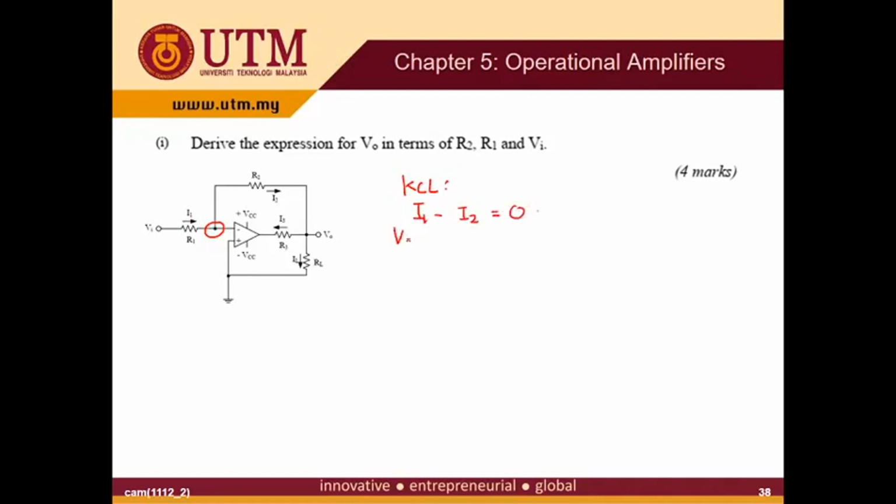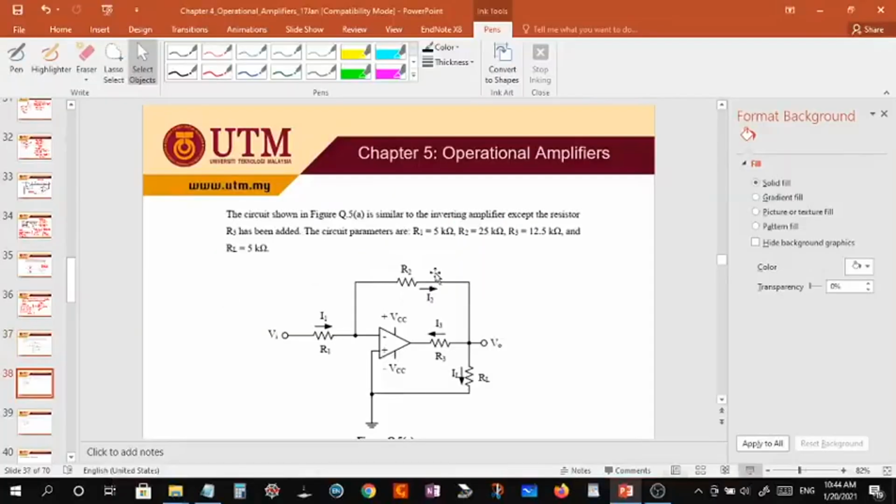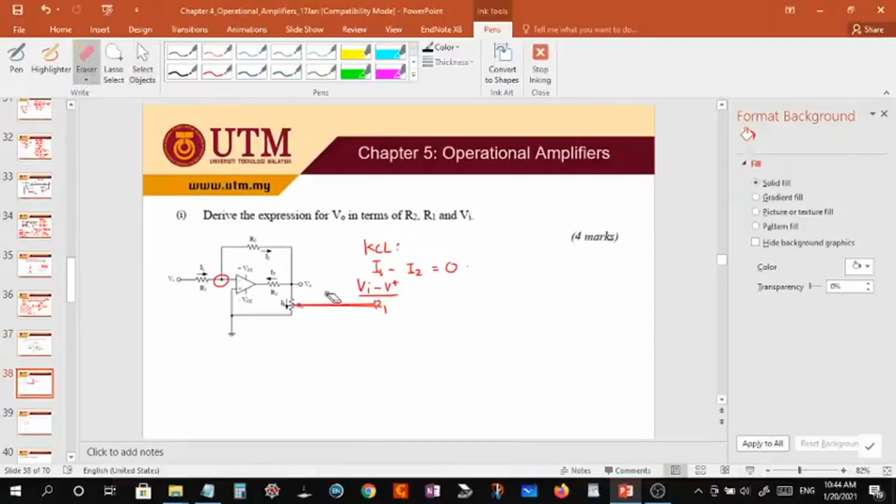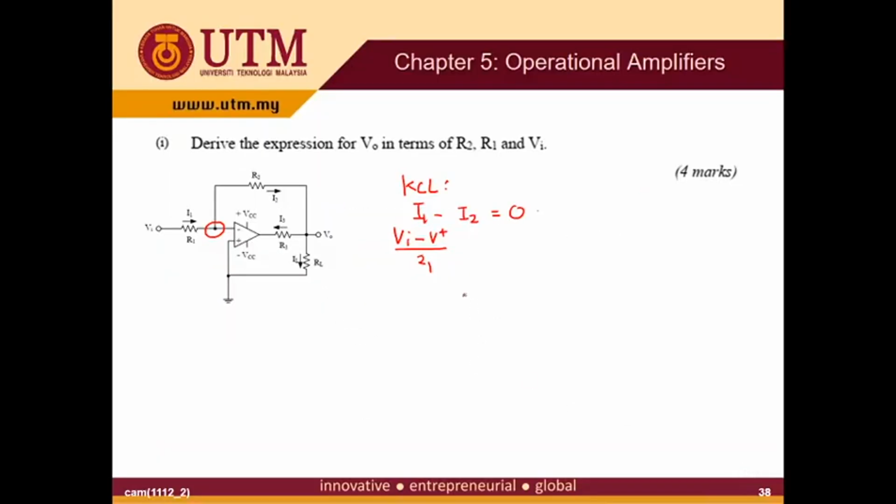I1 is Vi minus V plus over R1. This is your I1. And I2 is V minus